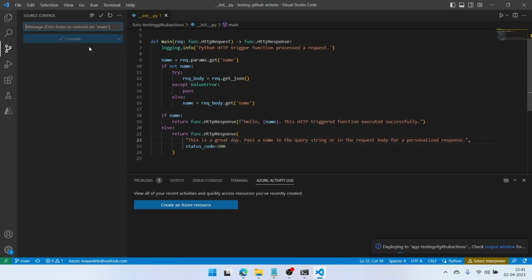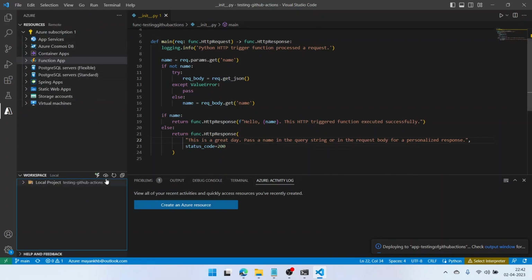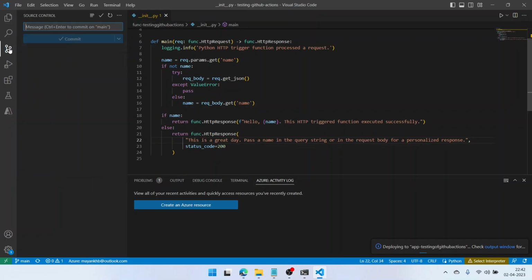So what is the solution? The solution is GitHub Actions. What GitHub Actions will do is, you won't need to explicitly deploy your changes to the Azure Function app by going to here. You don't need to do anything like this deploy to function app part. You will just need to go to source control, that is Git, and push your changes to the GitHub repository. Once you push the changes to the GitHub repository, GitHub Actions will automatically push those changes to the Azure Function app. That's how this pipeline will be automated. But first of all, let's see if our change worked or not.